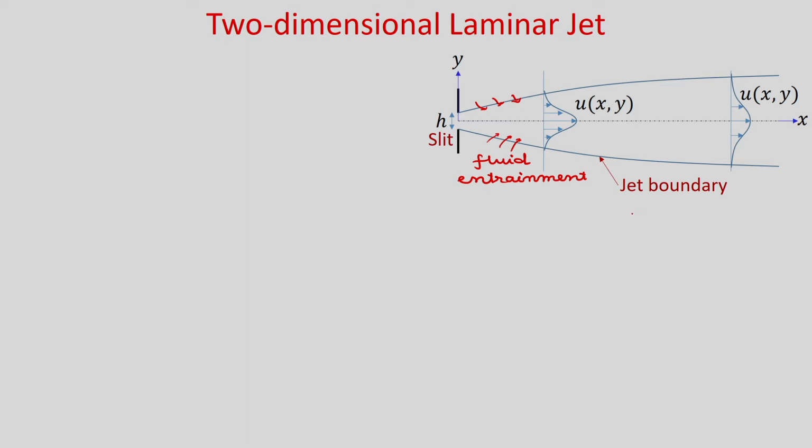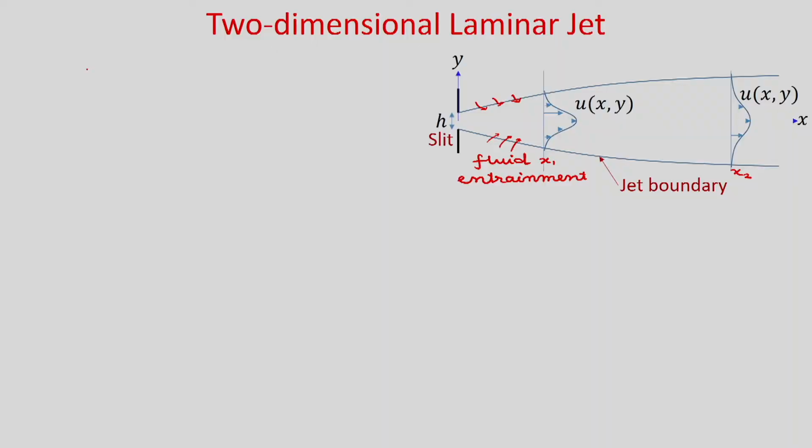from the jet boundary. So, physically jet spreads in outward direction with increasing x owing to momentum diffusion due to viscosity, and the velocity in the central line will decrease. So, you can see that we have considered two x locations. So, let us say this is your location x1 and location x2. So, central line velocity will decrease as well as it will spread in outward direction. So, if we neglect the fluid entrainment from the jet boundary, then we can solve these governing equations easily.